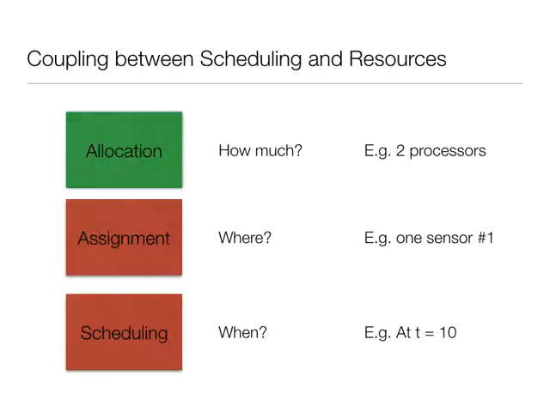In the case where I'm given a single processor, then of course the answer to assignment is trivial, and that's the only processor I can run on. And then for scheduling, I just have to figure out the scheduling. So now, if I'm in the case of a single processor, then the scheduling is obviously simple, because what I can do is,